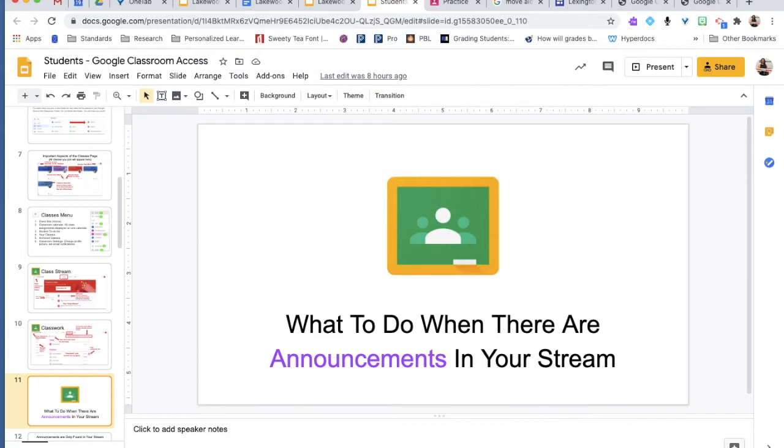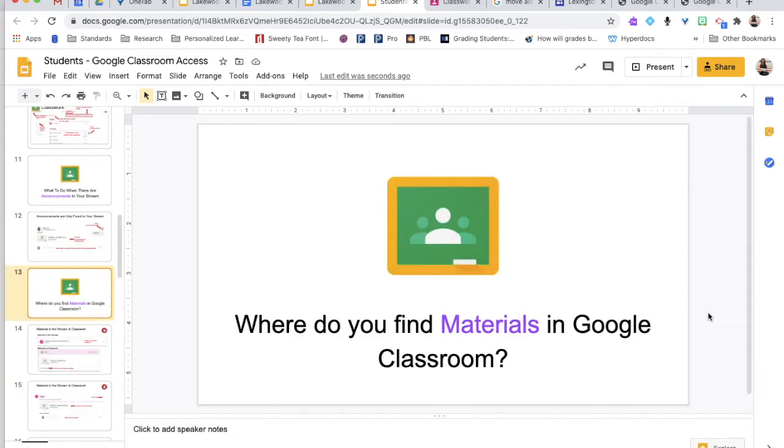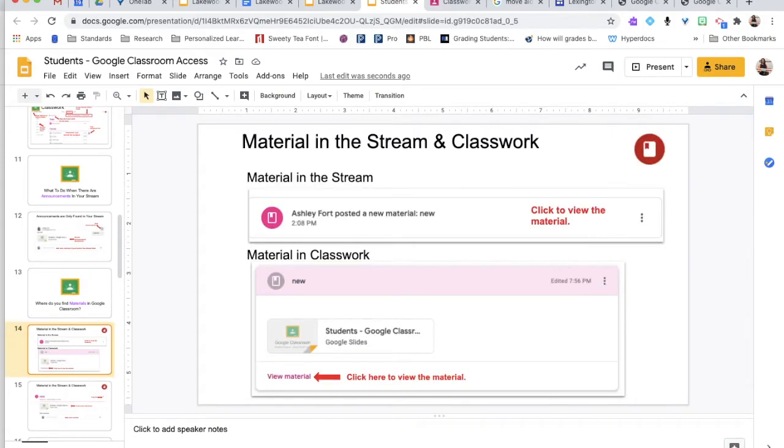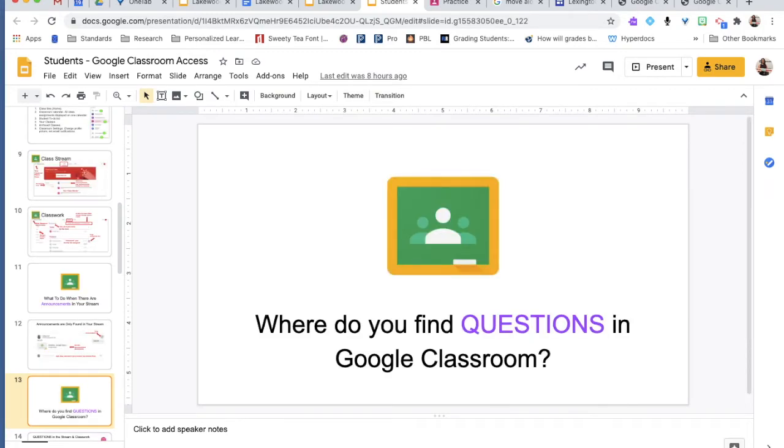And then it goes through each of the different items they may see posted in Google Classroom, starting with announcements in the stream and what they can do with announcements. Next, it shows students where to find materials in Google Classroom, how to locate them in the stream and in classwork, and also how to open an attachment in a material post. And then going on to questions,